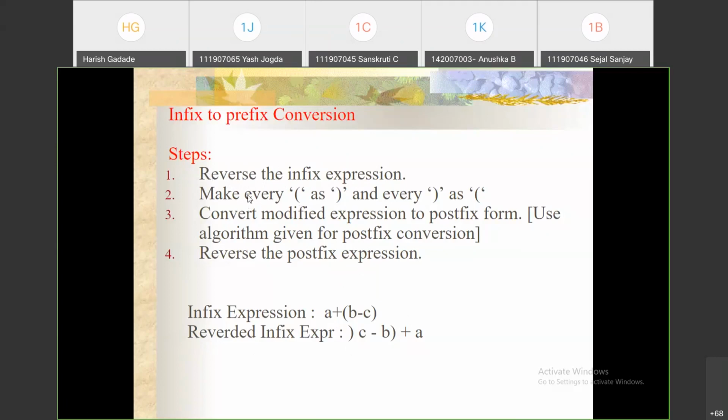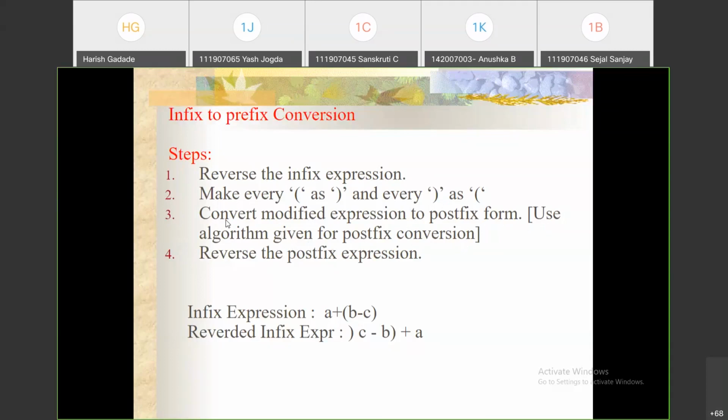Then while reversing, make every opening brace a closing brace and every closing brace an opening brace. And the third step is what? Whatever algorithm I told you from infix to postfix, that same algorithm you apply for the reversed string. So convert the modified expression to postfix form. Use the algorithm for postfix conversion.